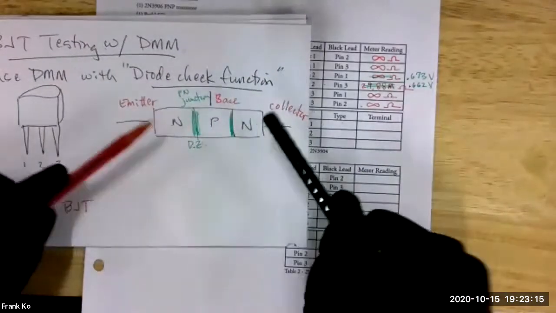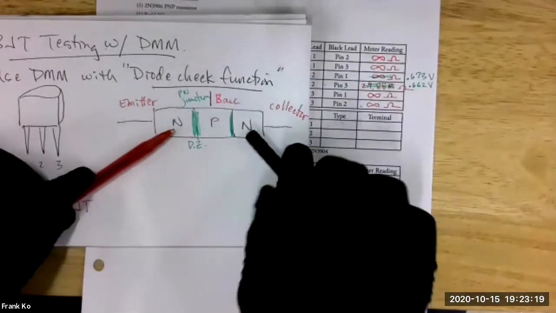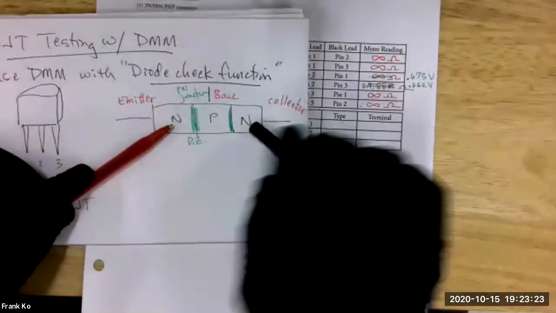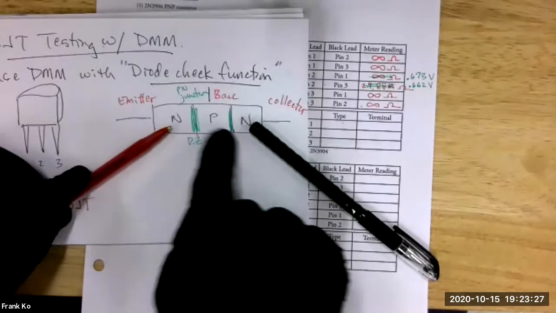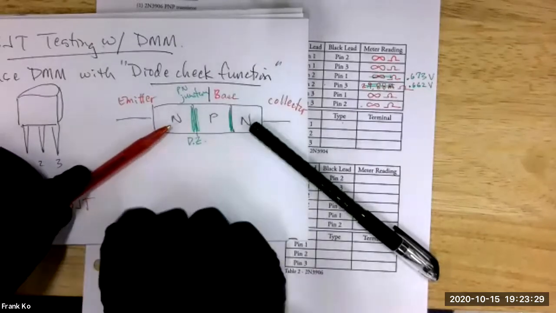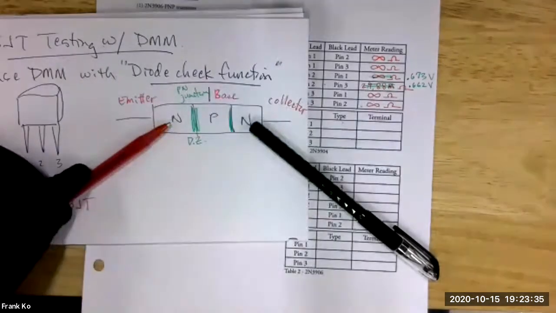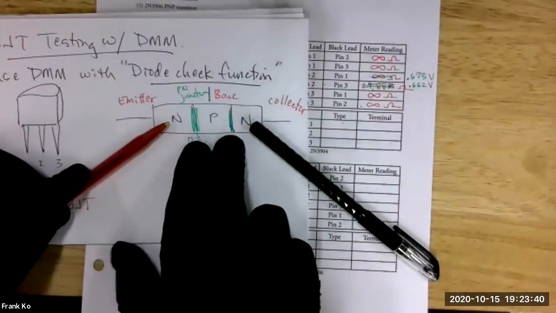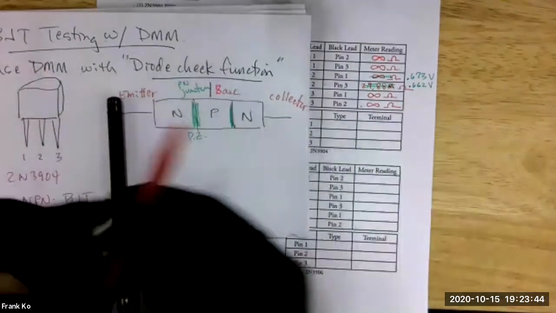if I'm on my outside pins, if I do here and here, is my black attached to N material? Is my red attached to N material? Am I trying to measure across 2 junctions? Okay, it's hard enough to measure 1 junction because I can forward or reverse bias 1 junction, but I can't measure across 2 junctions. That's definitely going to be infinity. Okay, so whenever I'm on my outside pins,